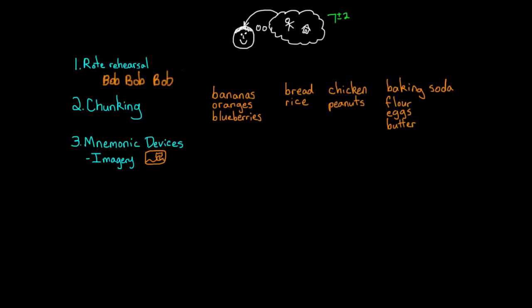So if we go back to our grocery list of bananas, oranges, and blueberries, and we start with that, you can imagine yourself vividly walking through the store, but really the crazier the images, the more likely you are to remember it. So maybe you picture a big banana who's wearing an orange for a hat and he's juggling blueberries. So that kind of links it into familiar activities or shapes, but you're also creating this unique combination of those